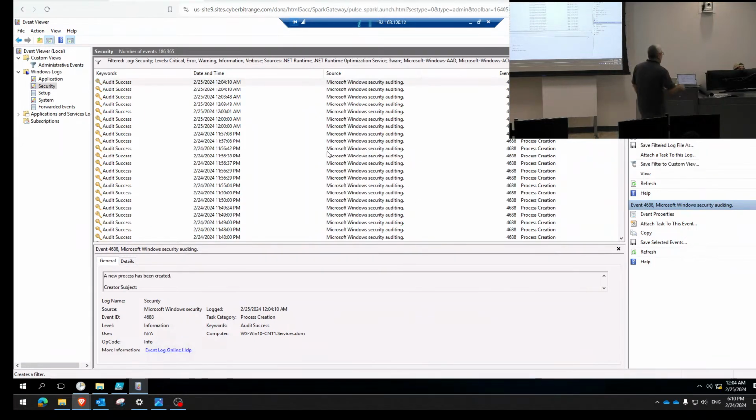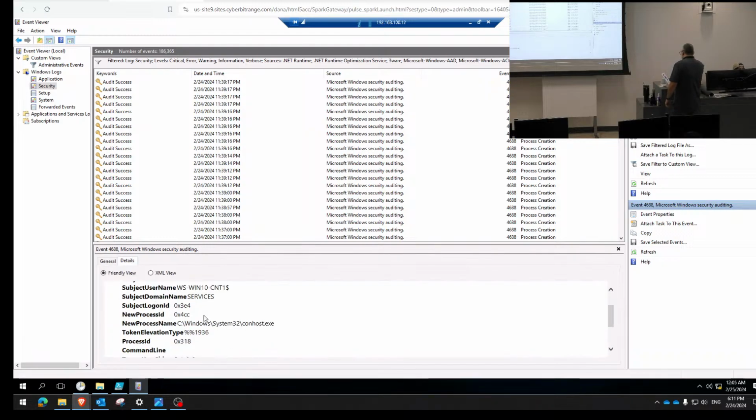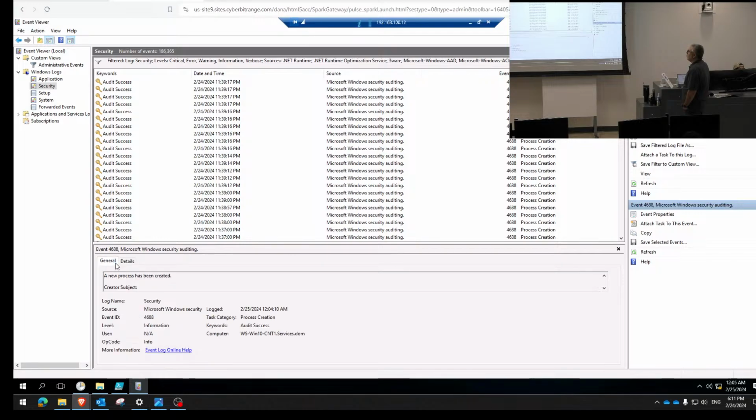So now we're looking at all the events. The category is process creation, and we're trying to identify when this process was created, because we want to see what the process name was that created the event. So I would say on the general tab, under the details. Okay. And I would look at,